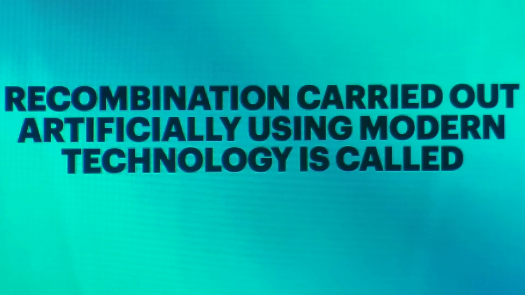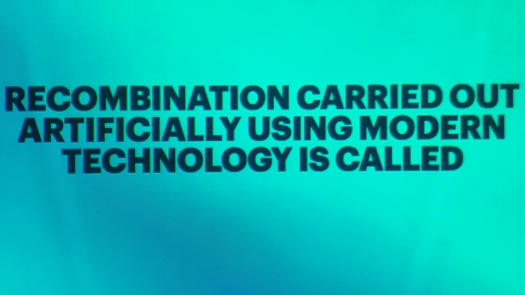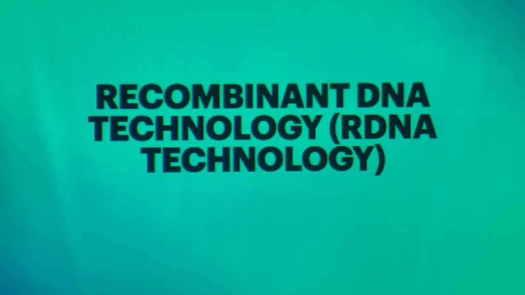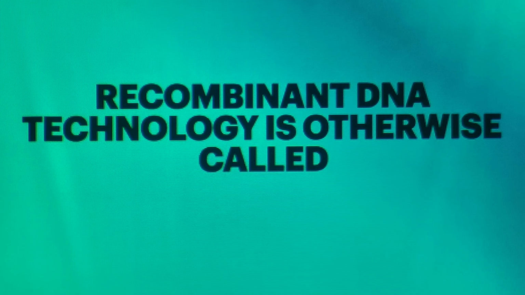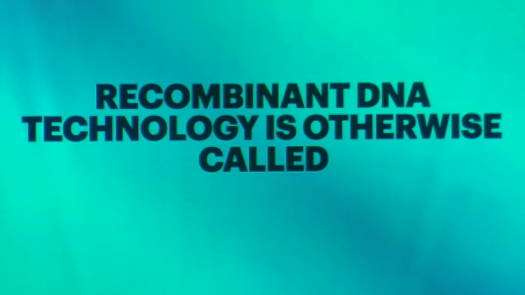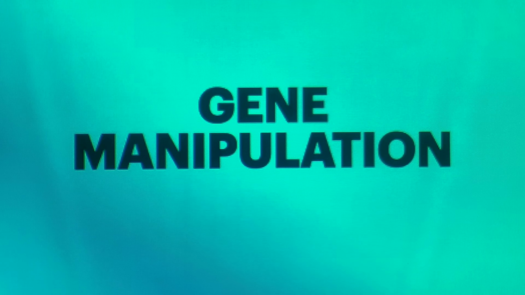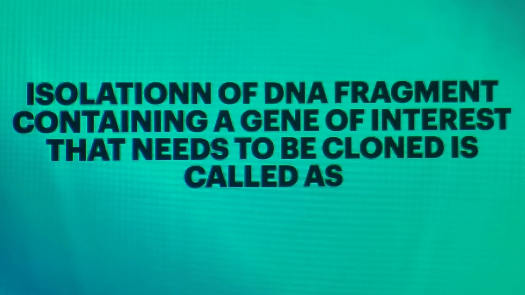Recombination carried out artificially using modern technology is called recombinant DNA technology, that is rDNA technology. Recombinant DNA technology is otherwise called as gene manipulation. Isolation of DNA fragment containing a gene of interest that needs to be cloned is called as